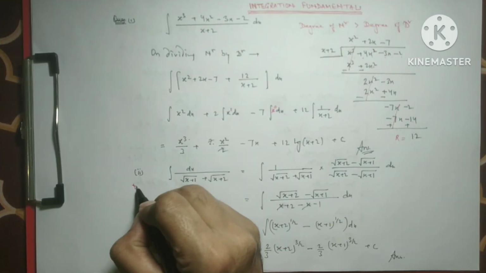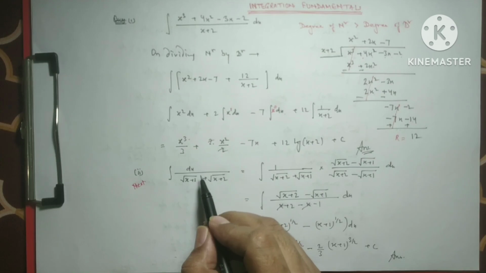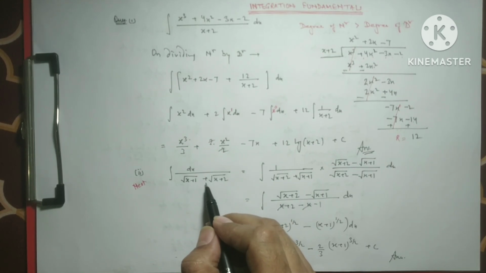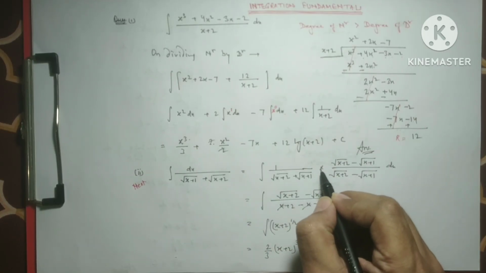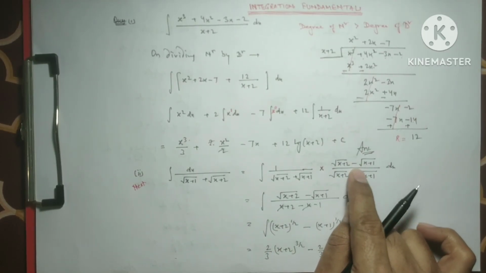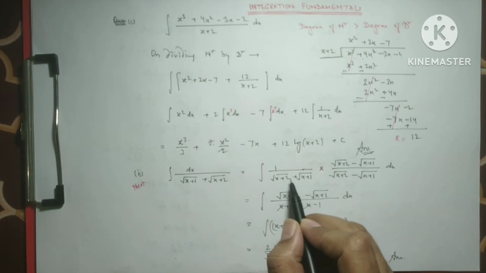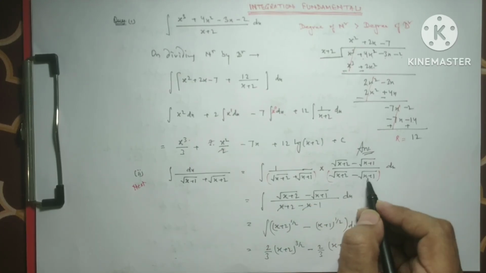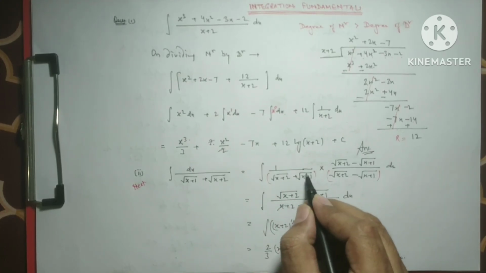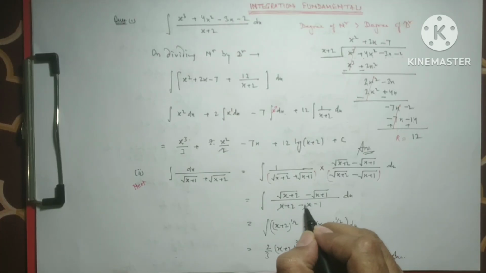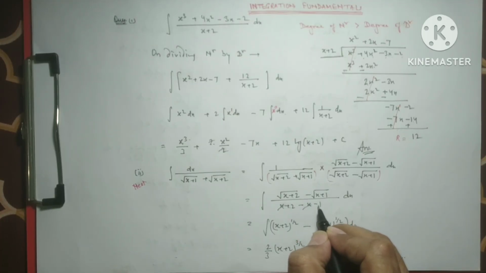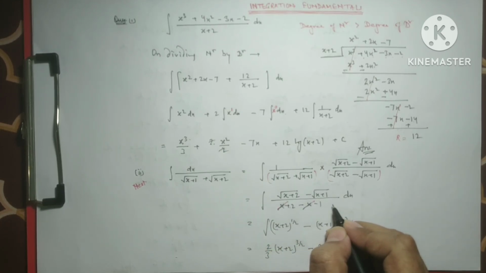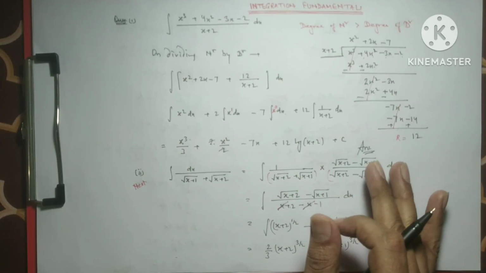Right now the next question, it is dx over under root of x plus 1 plus under root x plus 2. So right now first, if it is a positive sign, we will multiply and divide with the negative sign. So in denominator right now, this is a plus b and this is a minus b, we get a square minus b square. It means it is x plus 2 minus x plus 1. So on opening the bracket, we get minus x and minus 1. So it is plus x, this is minus x, cancelled out, and 2 minus 1 is 1. So denominator is 1. It is finished.